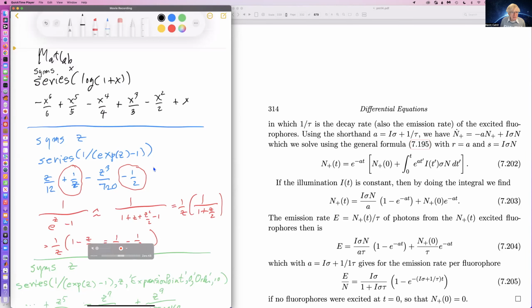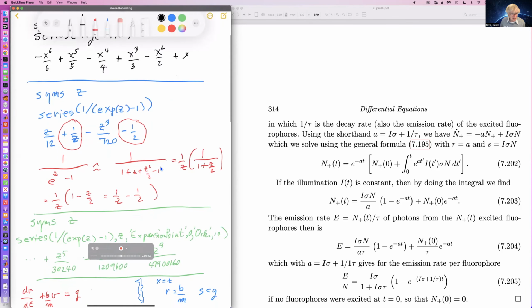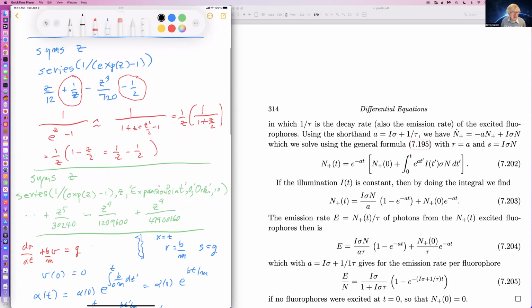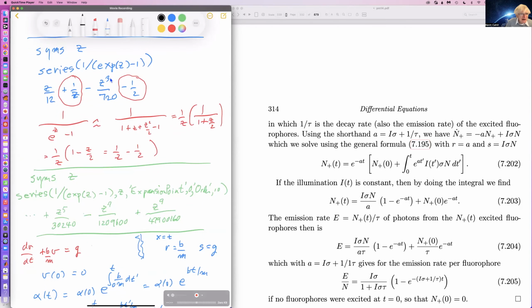here's another example. Suppose we want to do, we make z a variable, might be complex. We then say series 1 over, so this is going to be a Laurent series, 1 over e to the z minus 1. So this has a singularity at z equal to 0. And so then